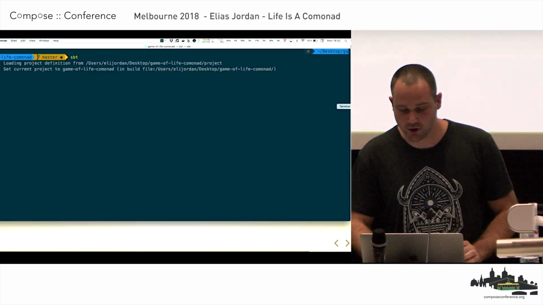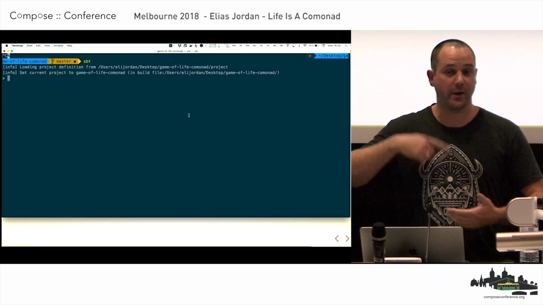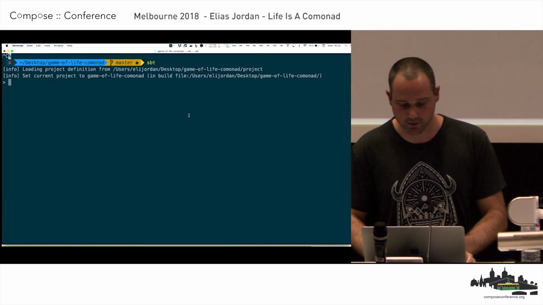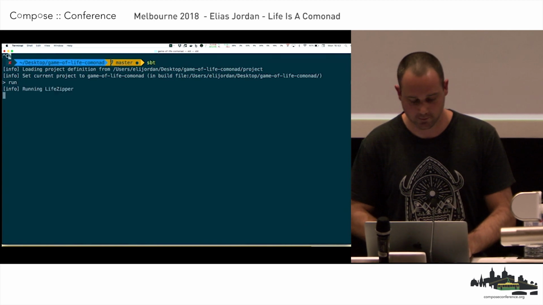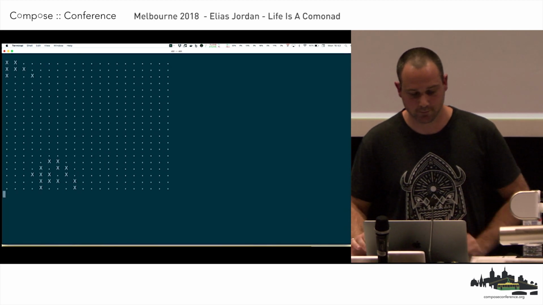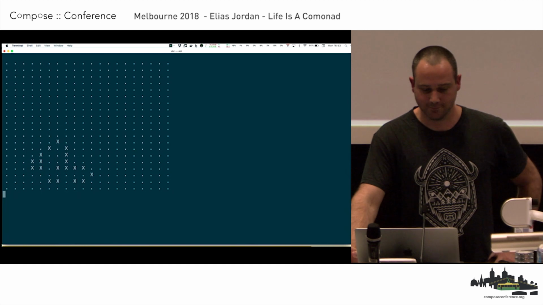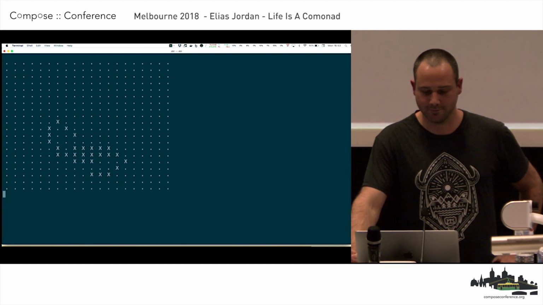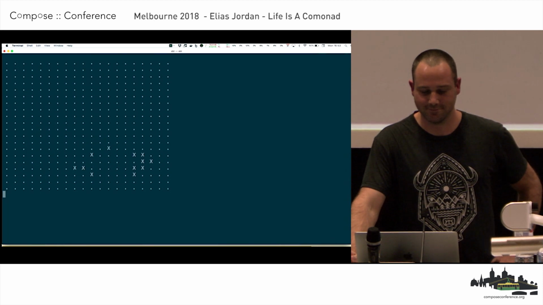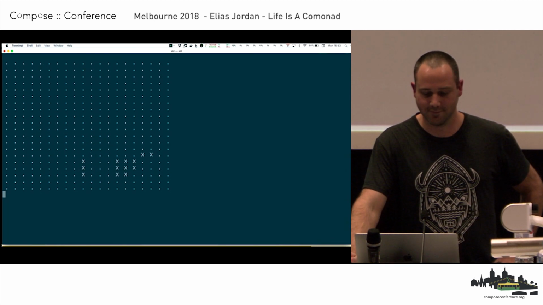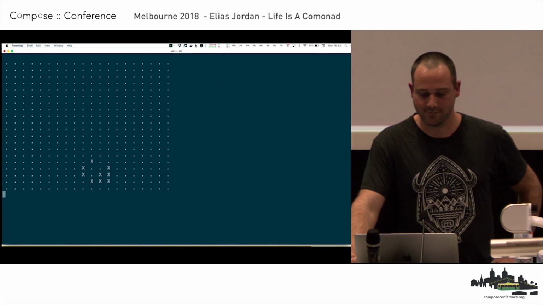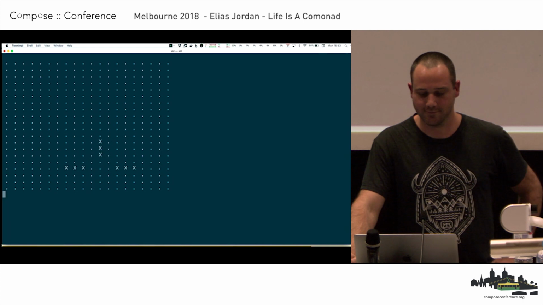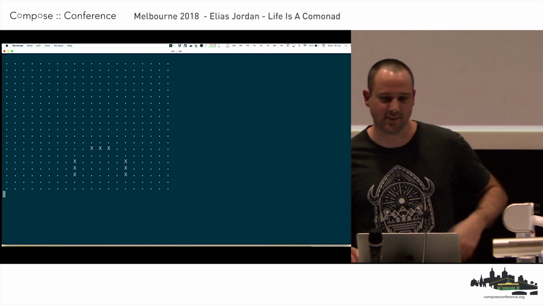So using that definition and a few helpers to repeatedly apply it at each generation, I've got a console-based game of life here. It gets stuck there.